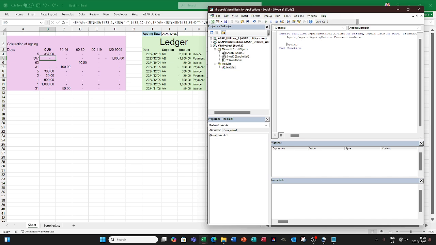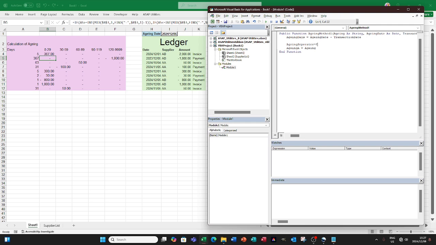So what are we going to do with aging? We want to break it up into the first part of the aging. Let's just call it aging A. We don't want to pass the whole number to it, that's not what we want to do. We want to grab the first portion of it. Before we get to that, let's first determine where the minus sits in that aging value that's being passed to us. So we're going to call it aging separator